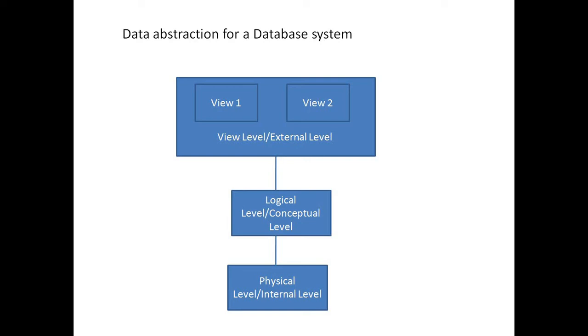So view level is available at the highest level, and it only shows the data which is required to the users. Conceptual level shows the data in tabular format, and it also shows what kind of relationship exists between different tables. So it tells us what interconnections we have between different tables and what kind of data is shared between those tables. This information is available at conceptual level, and physical level tells us how data is stored in its raw format in those hardware storage devices. So this is about data abstraction or three-level database architecture.